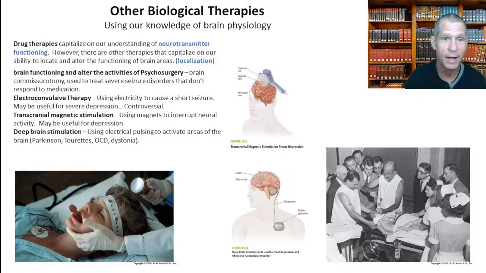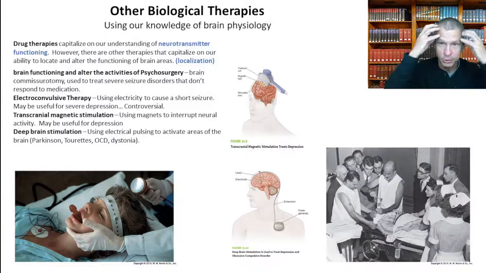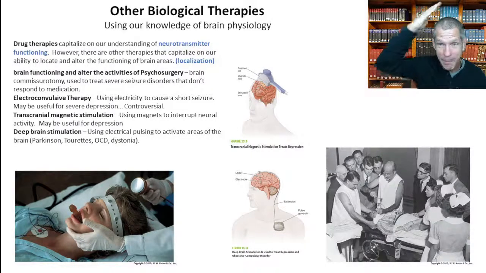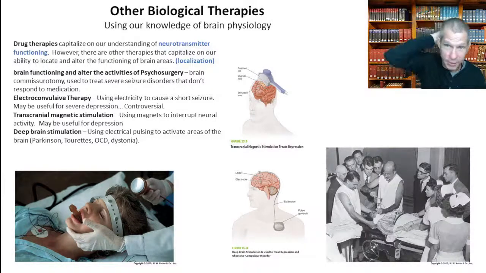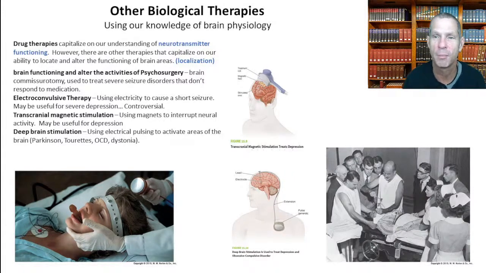All right. Now, there is also a thing called transcranial magnetic stimulation. And if you look at the picture sort of right beside me, what we can do, without putting electrodes on your brain, is take magnets and put them over different parts of your brain. And when you put this magnet over a part of the brain, it sort of disrupts the functioning of that area for just a second.